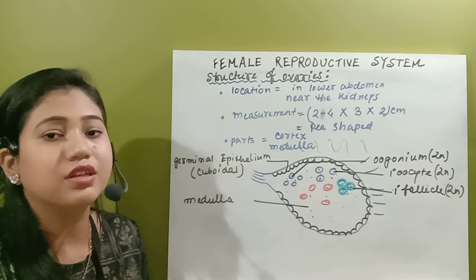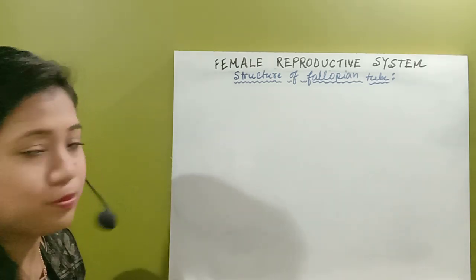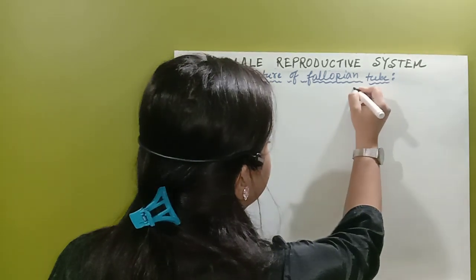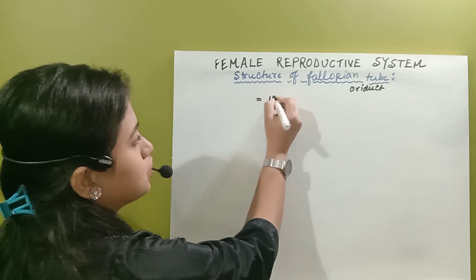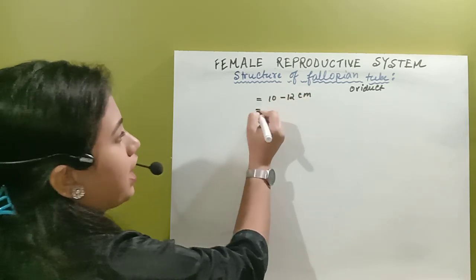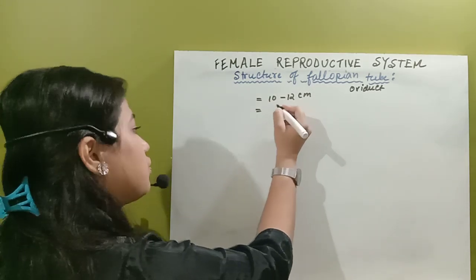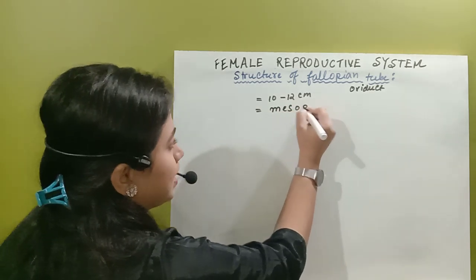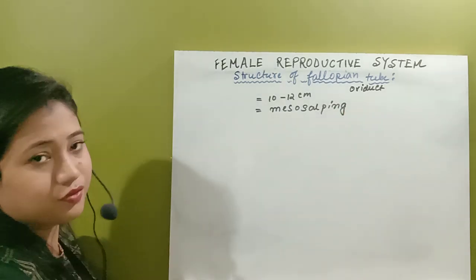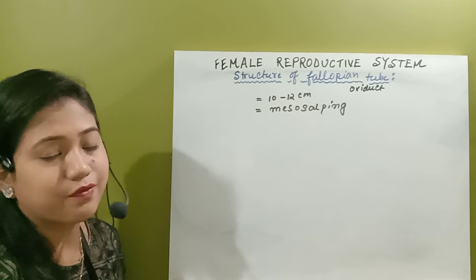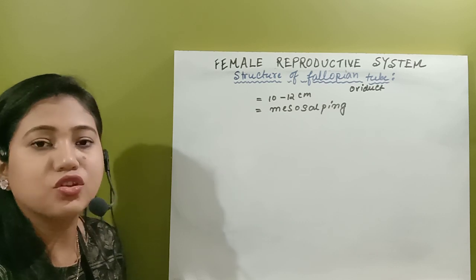After that, let's start with the structure of the fallopian tube. This fallopian tube is also known as the oviduct, and the length of the oviduct is around 10 to 12 centimeter, and it is also suspended by once again a peritoneal fold, and this peritoneal fold is known as mesosalpinx. So just see the structure of this oviduct. The main function of this oviduct or fallopian tube is for the conduction of the gamete from the region of the ovary to the